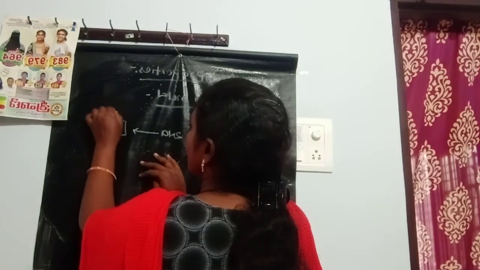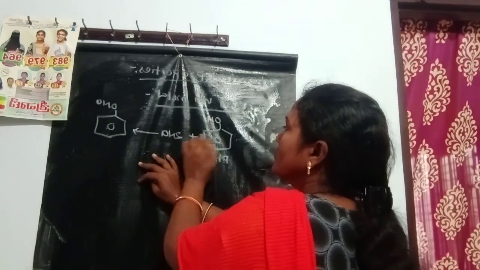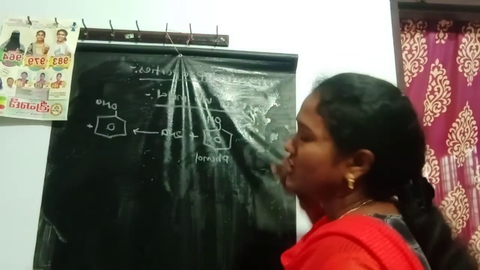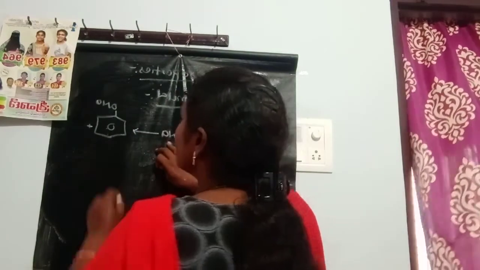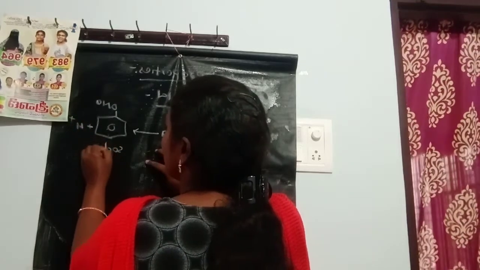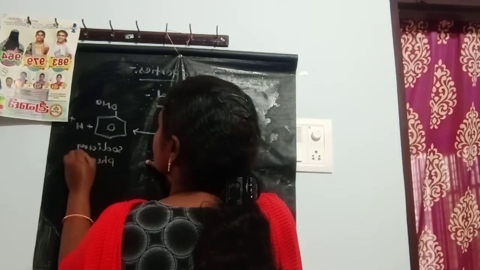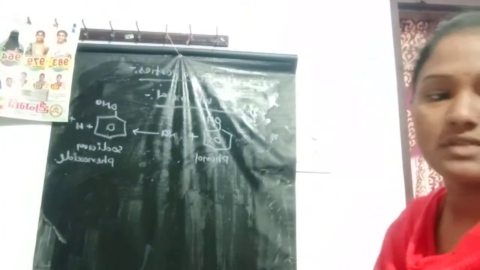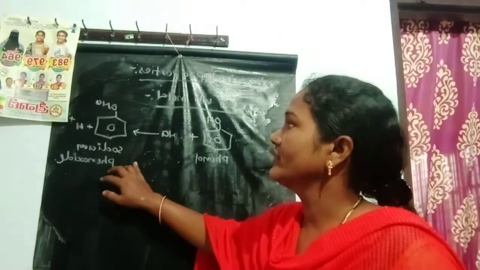Sodium phenoxide, ONa. Two moles of sodium cause removal of Na and H plus ions. Only 1 mole of sodium reacts with phenol to form sodium phenoxide and H plus ion. This is sodium phenoxide. So in the chemical properties of phenols, phenol reacts with sodium metal to form sodium phenoxide.